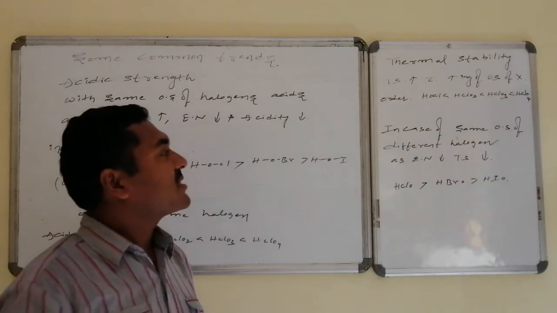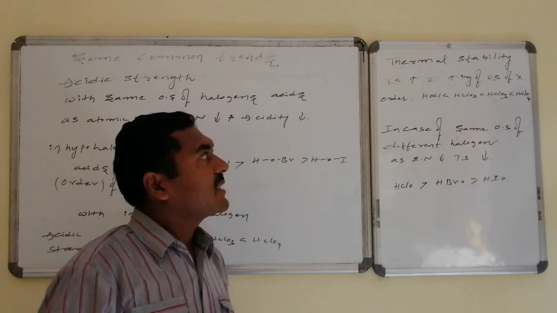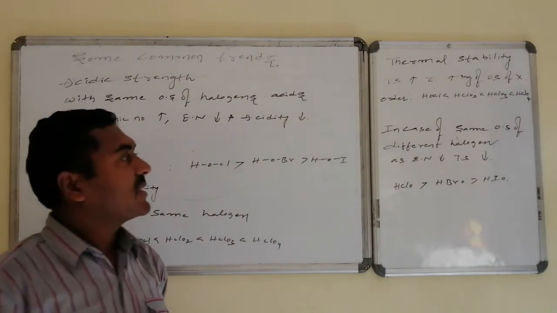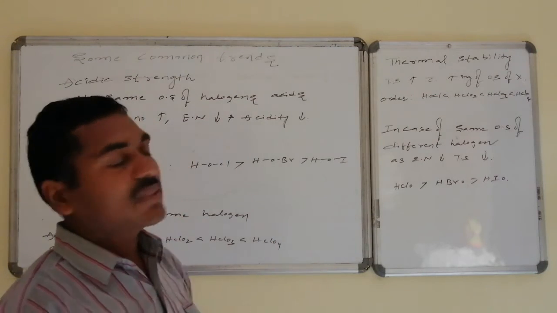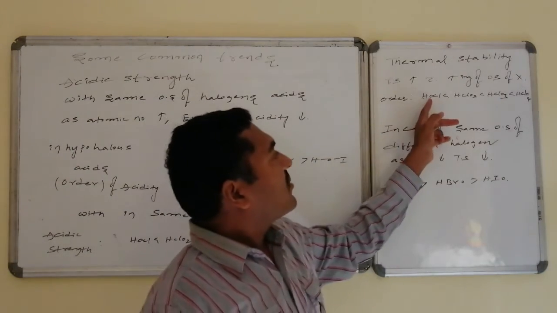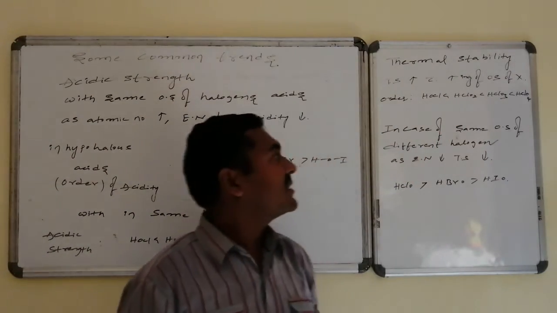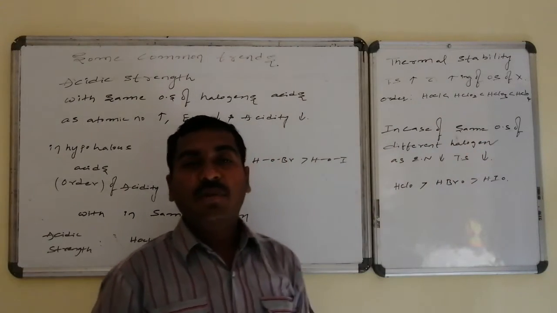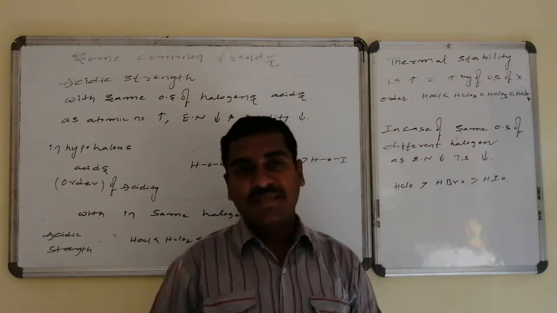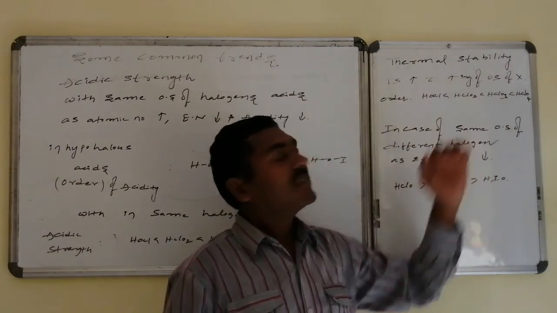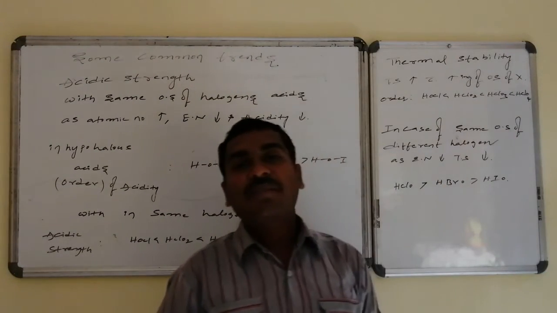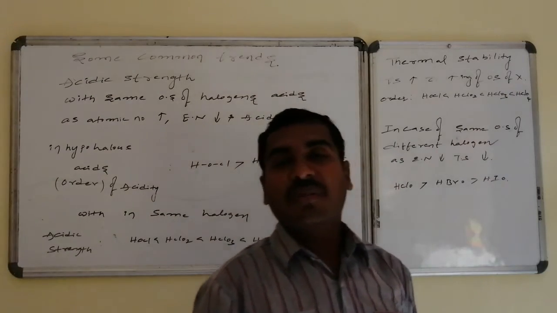Let us go for the thermal stability. What will happen to the thermal stability? Thermal stability increases with increasing of the oxidation number of the halogen. Suppose I take different varieties of the same halogen with different oxidation states. Here O and Cl perfect single bond is present, then O and Cl partial double bond character is present, and the double bond percentage increases. This is 1.5. This is here 5 bonds out of 3 atoms, that is 5 by 3. This is 7 bonds out of 4 atoms, that is 7 by 4, nearer to 2.